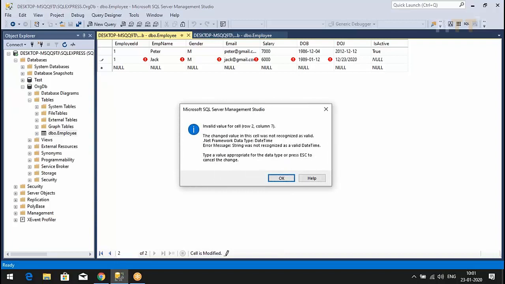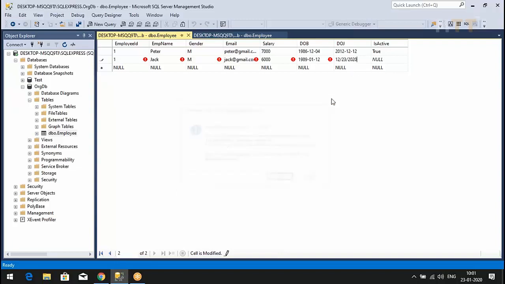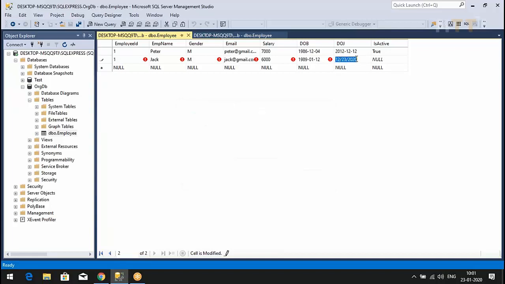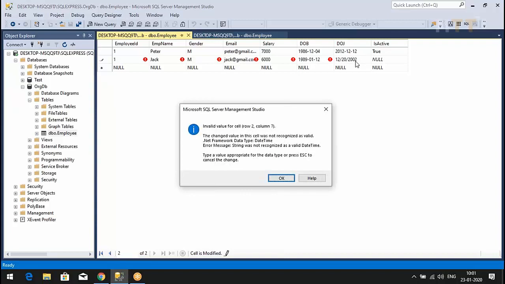Now let us see what it says. String was not recognized as a valid date time. MMDDYY, right? So 12, DD, 20. Data type, date time.